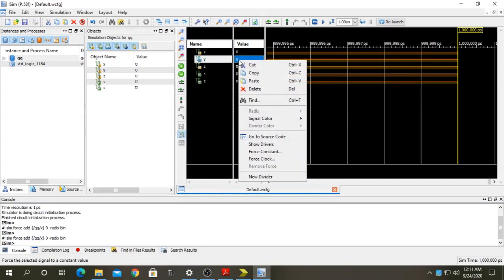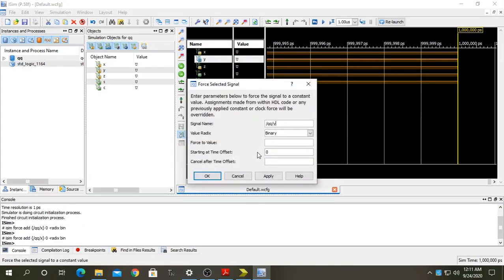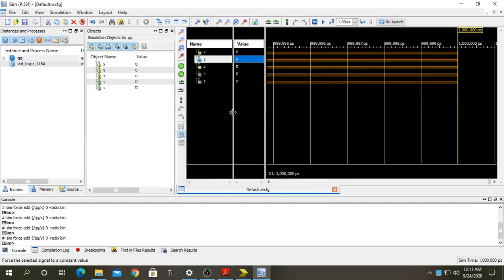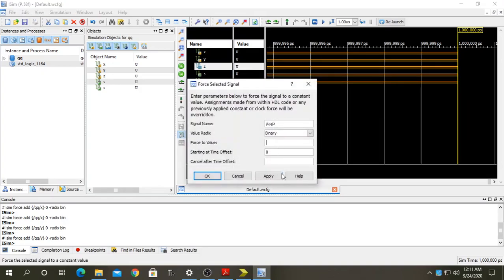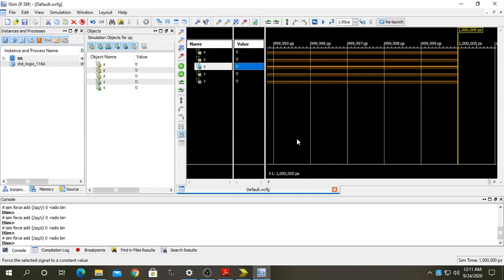Again right click, Force Constant, provide 0, Apply, then OK. Again provide 0, then Apply, then OK. So what you will see here is that I am providing the three inputs X, Y, Z the value of 0.